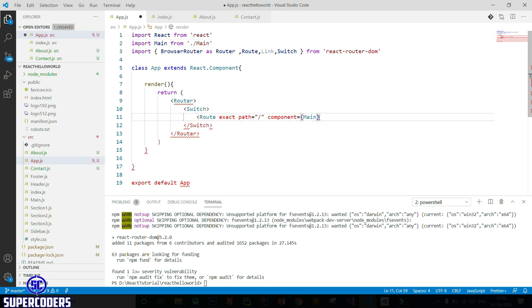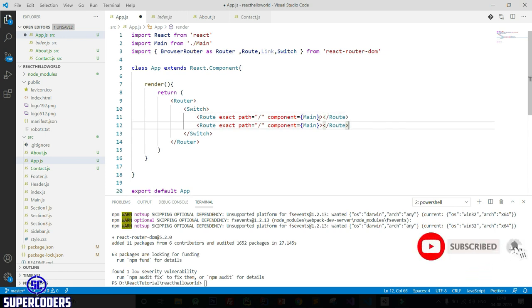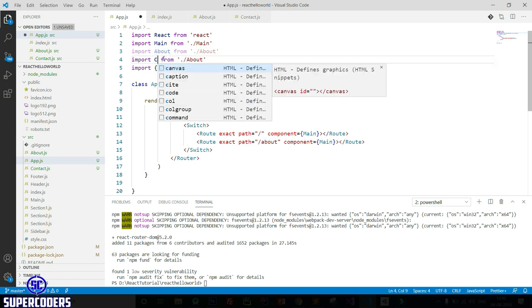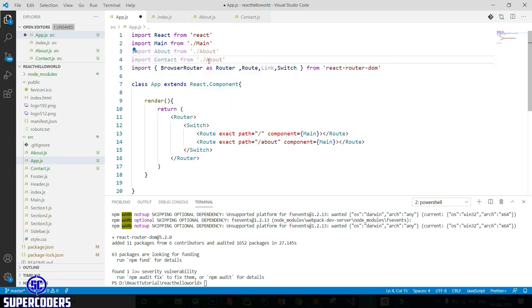Then close this route. Then create one more route, which is about, and import about from about. Also import contact from contact.